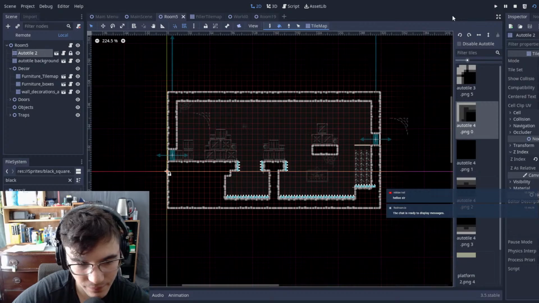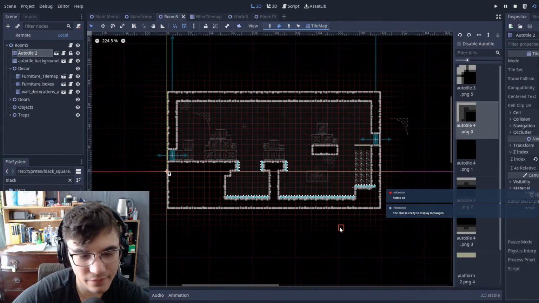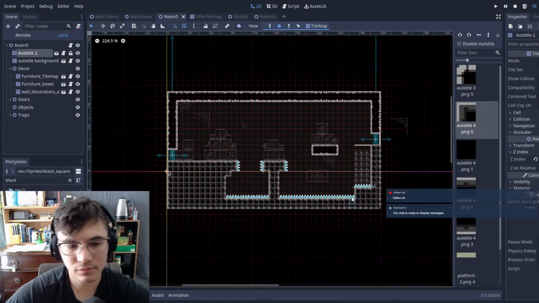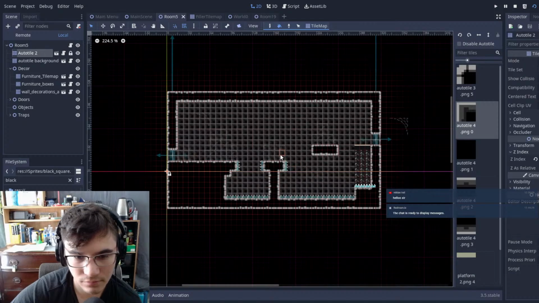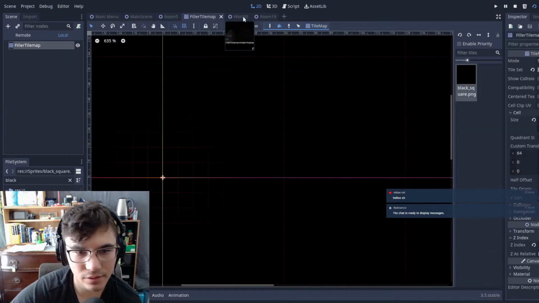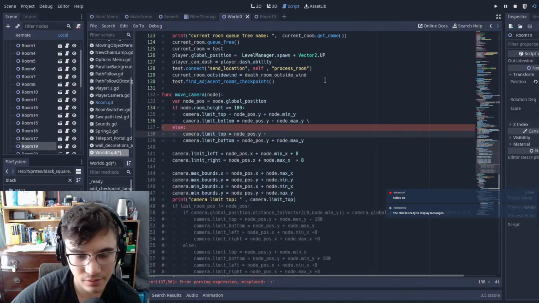But how do we do that? Oh, I got it. We would grab the center, which is min node plus